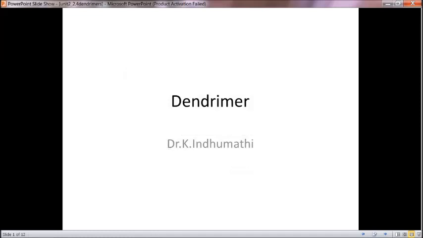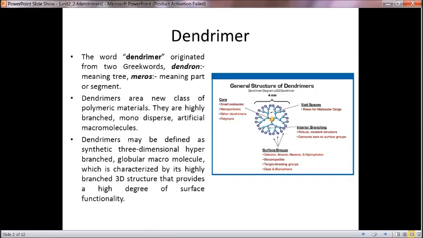The next topic is dendrimers. So we have to know about dendrimers. A dendrimer is one type of nanomaterial. Dendrimer is a Greek word, where dendron is tree and meros means part or segment. So dendrimers are